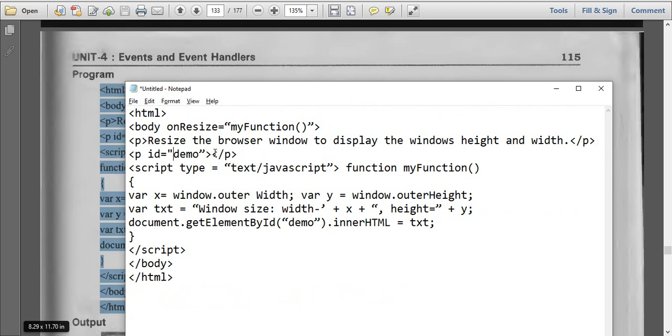So double quotes, this also double quotes, these have to be modified. Single quote, it is in double quotes, again double quotes, this must be in double quotes.